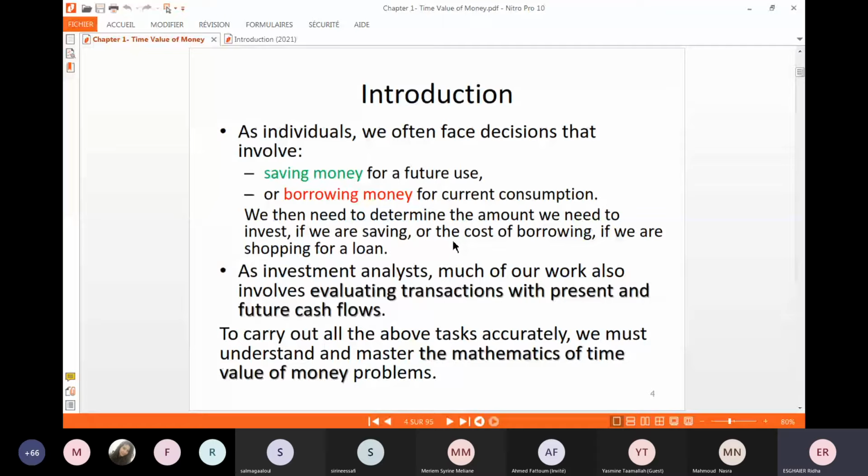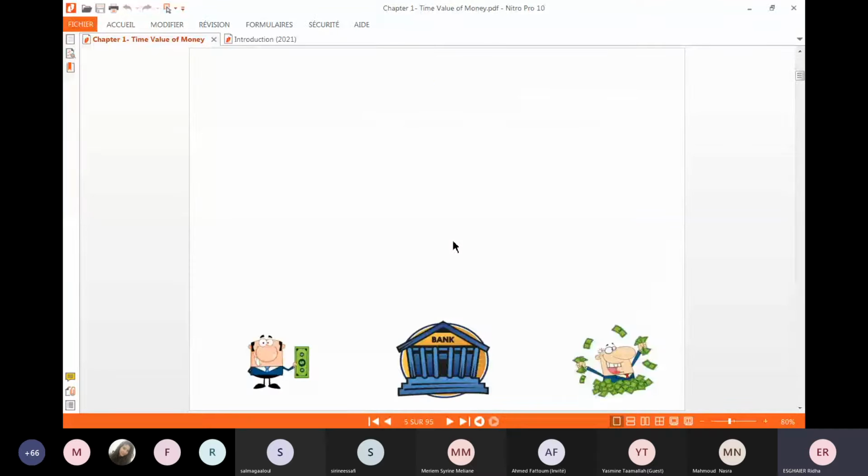So to be able to evaluate all these transactions, we need to master the mathematics of time value of money, to be able to take the accurate decision, the optimal decision. So this is why it is important for us to understand the logic, to understand the language of finance first. To introduce this chapter,